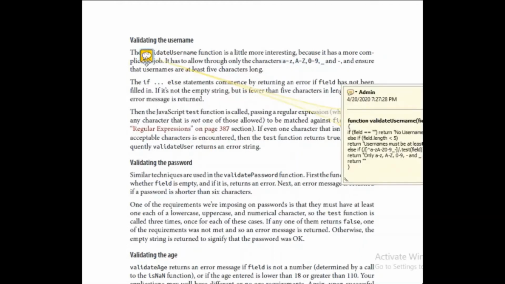If there is something which is not inside this range, then it will return these values, that only these characters are allowed. So test field basically checks for certain ranges that are given. So this will check for empty name, field length, and the special characters that are entered.